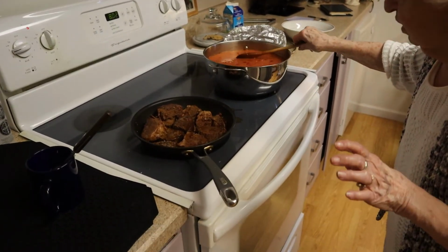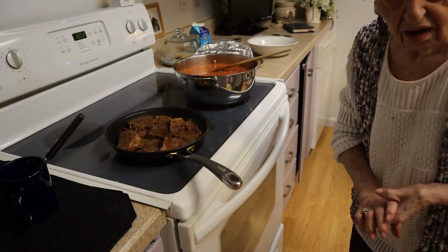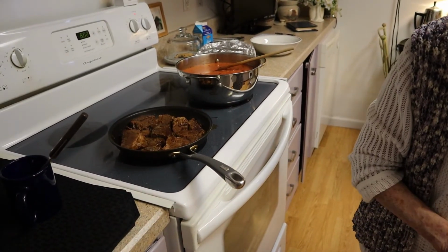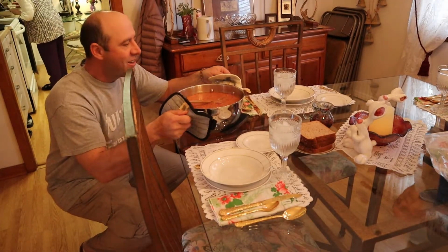Okay, and it's all ready to go. So we can have supper as soon as those guys are here and ready to go. Oh, I thought we had to wait 10 minutes once the cream was in there. Yeah, we do, but...